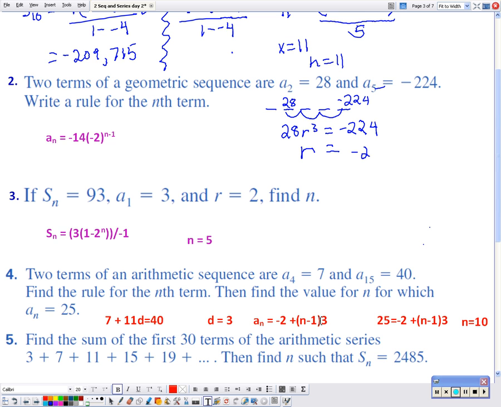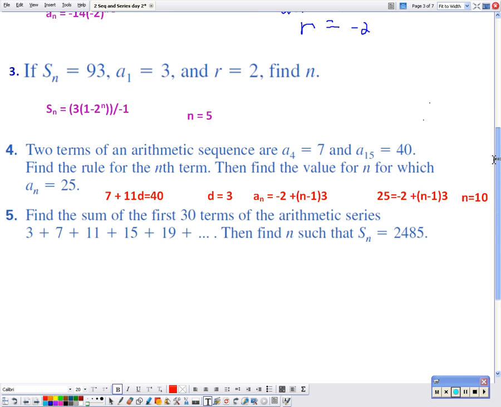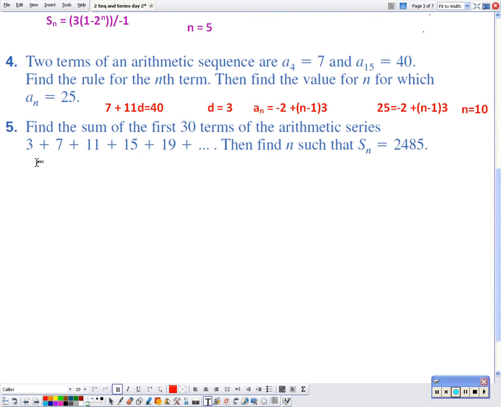Number 5, find the sum of the first 30 terms of the arithmetic sequence. Then find n such that the sum is 2,485. So immediately I need to find the 30th term. So a sub 30 is going to equal the first term plus n minus 1, which is 29, times 4, our common difference. So 3 plus 29 times 4 is,